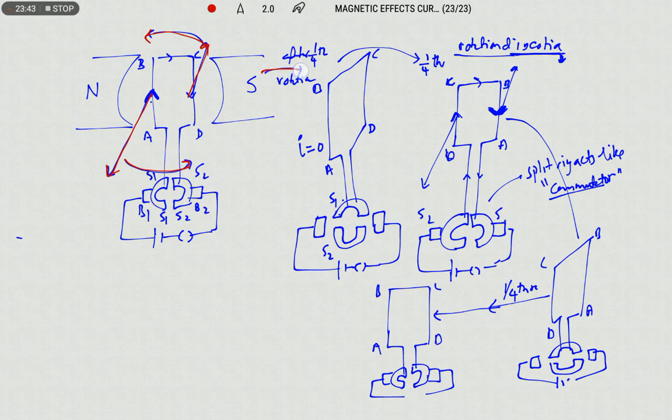So after 1/4 revolution, what happened? The split rings are going to change their position. There is no contact between the carbon brushes and split rings. Even though there is no contact, due to rotational inertia, the coil will make a further 1/4 revolution. Now the orientation will be: the direction of current in CD will be upwards, AB will be downwards. So here the commutators change the direction of current in the arms of the coil. The duty of the split rings is to act like a commutator.